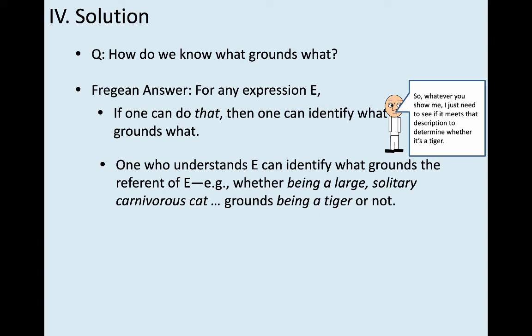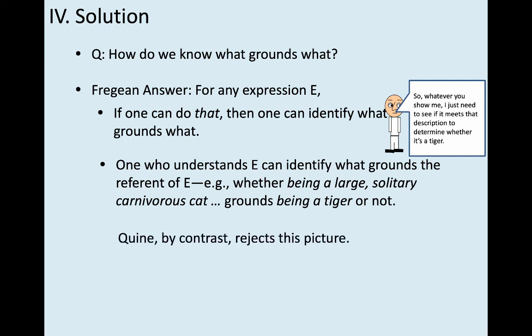So we just connected Frege to Schaffer and Carnap to Schaffer, because Frege and Carnap have this view on which statements between a sort of high-level bit of vocabulary like tiger and some lower-level bit of vocabulary like large, carnivorous, mammal, whatever, ultimately, in the protocol language, any statement like that is analytic, and anybody who knows that kind of analyticity can identify what grounds what. You can say in any world what the referent of any given term is. So you can say in any given world what the sort of object referred to is built out of.